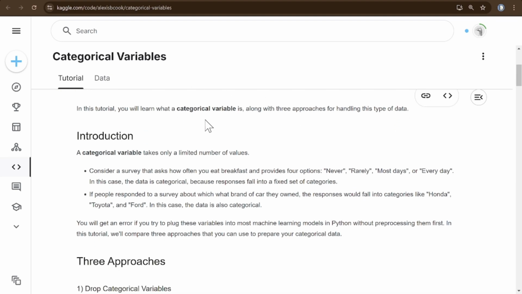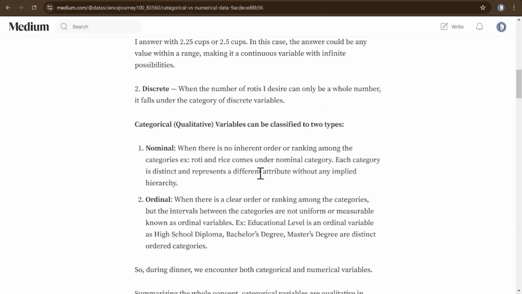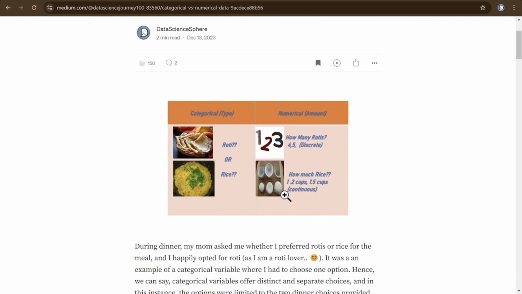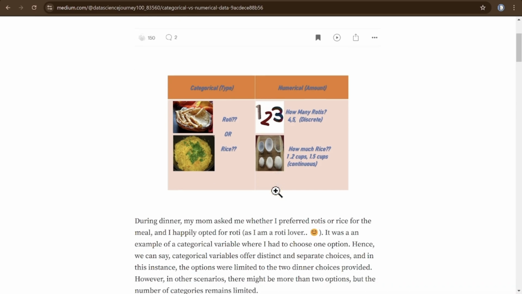Categorical variables means different kinds of category. A numerical variable means number. If you don't know, I have a blog where I have written about types of data. You can just give it a single read. This is a categorical variable, whether roti or rice. Numerical means how many rotis you are asking for or how much rice you are asking for, that is numerical